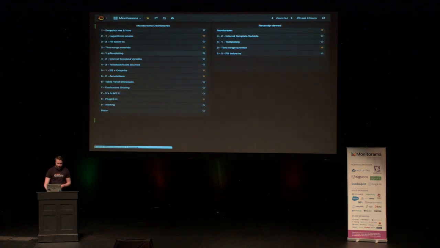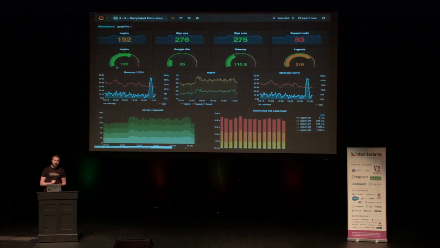So let's see, moving on. This is a new feature that we released in 3.1, which I'm really excited about. It was a top requested feature for a long time, and that's the ability to quickly change which data source a dashboard is targeting. So if you have multiple Graphite clusters or multiple Prometheus servers, like that is usually the case, instead of just having to go into each panel and specify